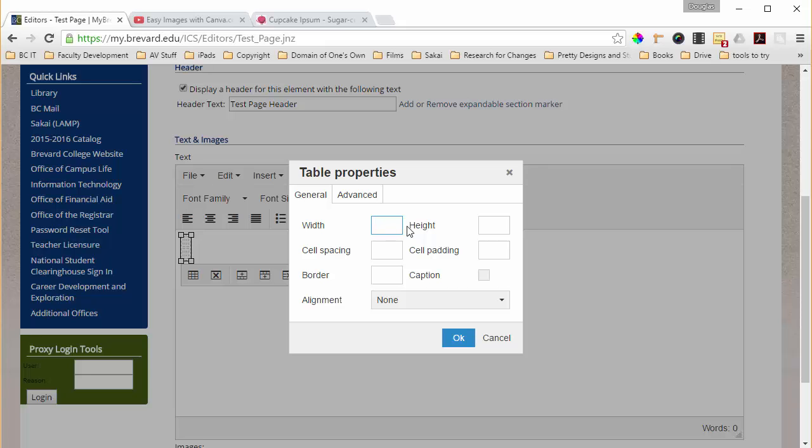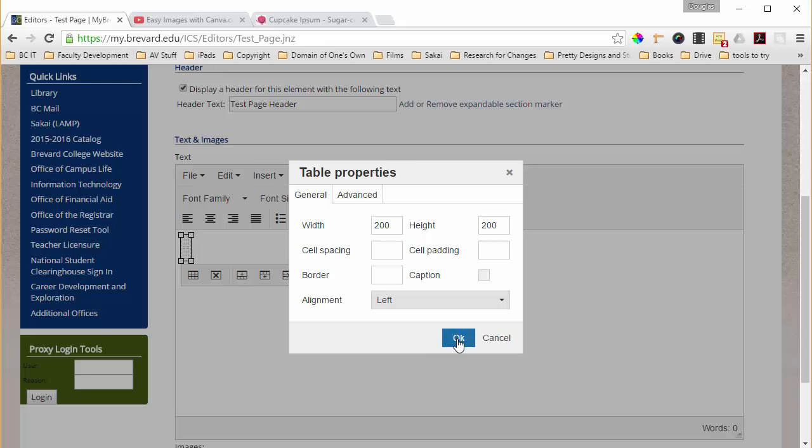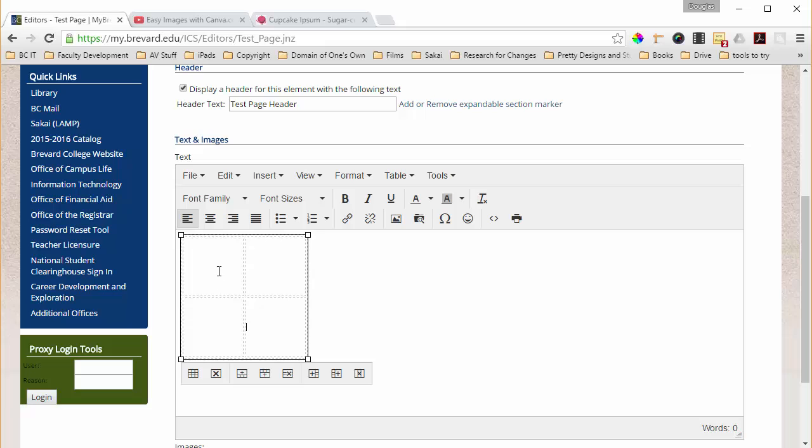So we'll go ahead and make this table 200 pixels by 200 pixels, so each of our squares will be about 100 pixels. If we want the alignment in the center, we can do a center alignment. Let's just keep it as a left alignment for now. So when we save that change, we now have our 4 boxes here,